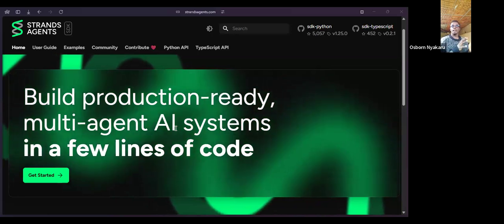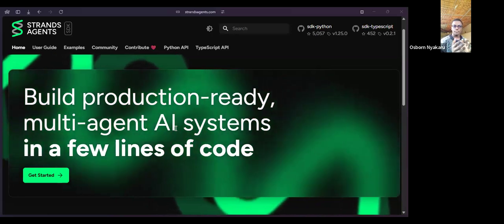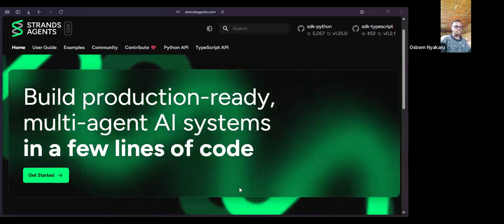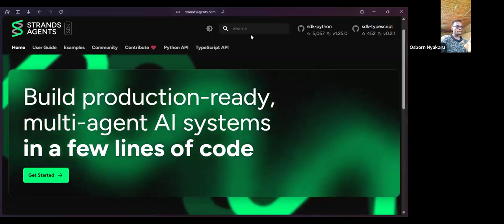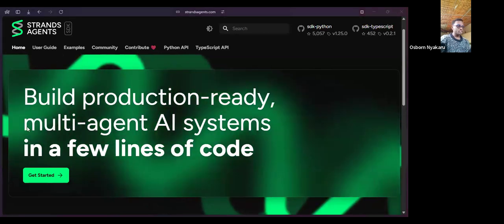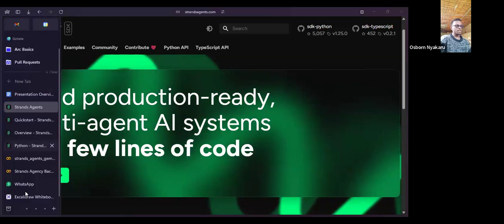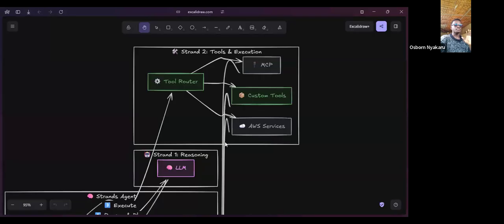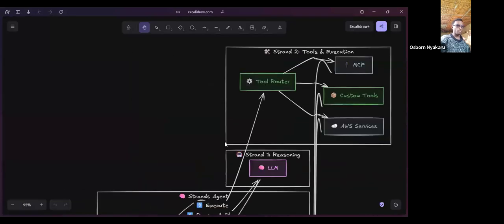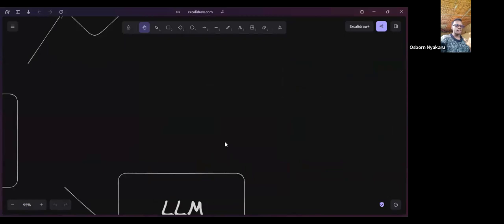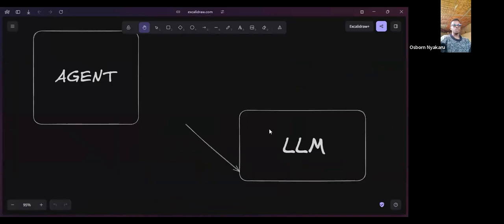Let me just share my screen again. Okay. So an agent in very simple terms is a piece of code, and for an agent to actually work as expected, it needs to be connected to a large language model.